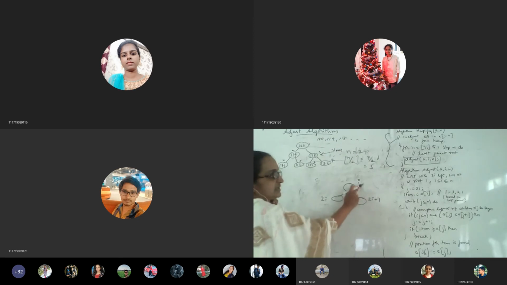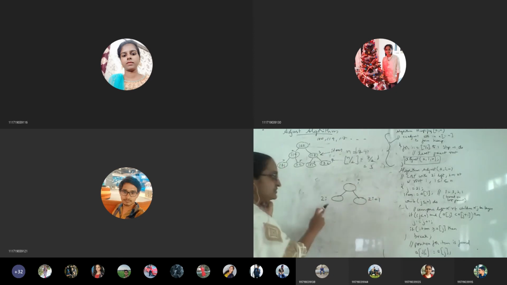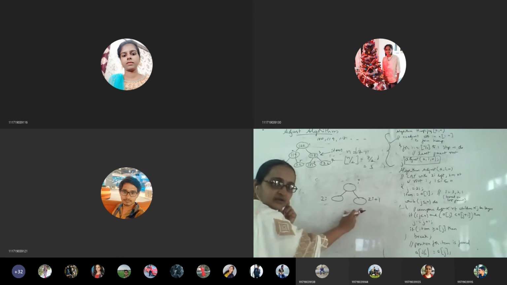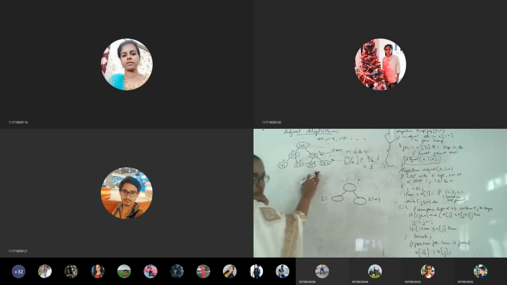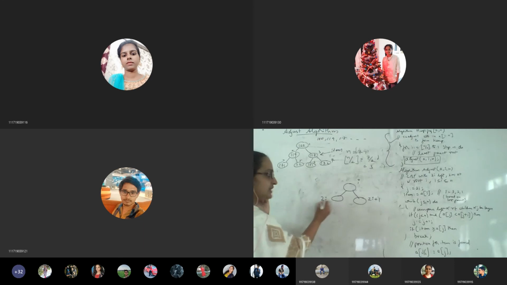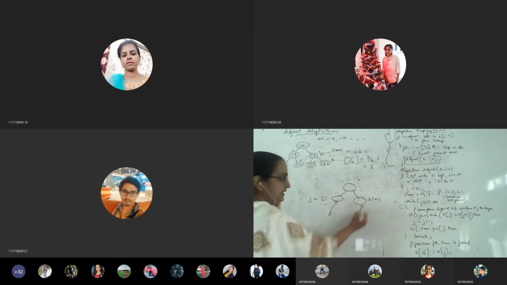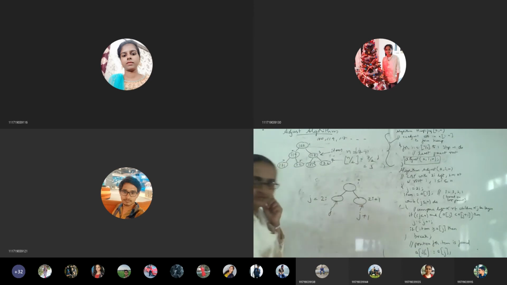If a node is at the ith index, its left child will be at position 2i and its right child will be at position 2i plus 1. Using this concept, now we are going to do this. Here, instead of saying 2i and all, I am directly assigning j equal to 2i. So j is the left child and j plus 1 is the right child.